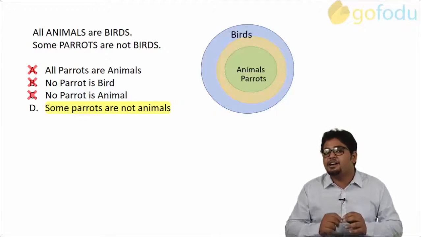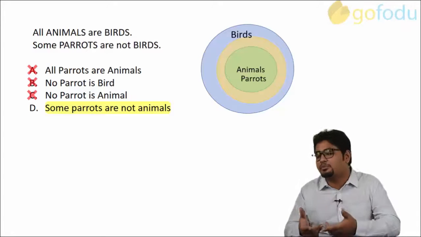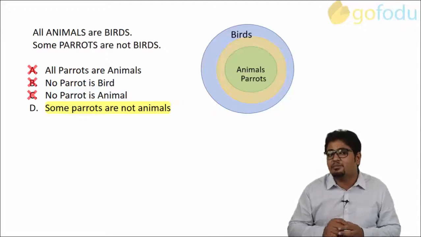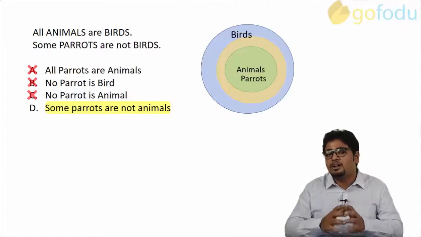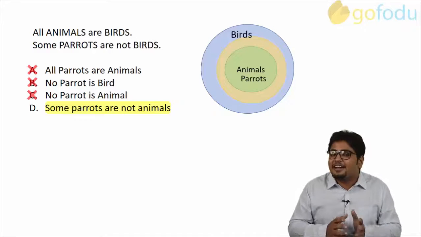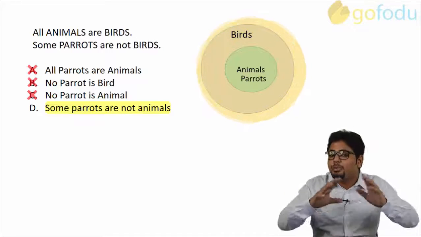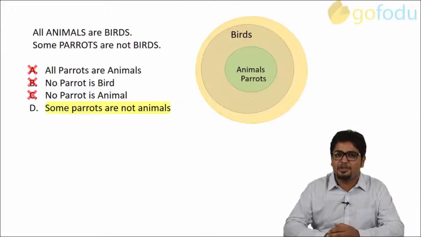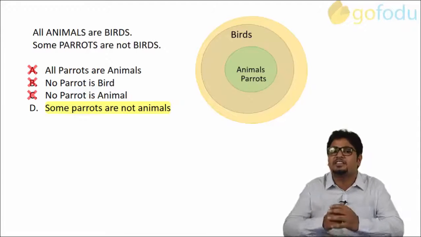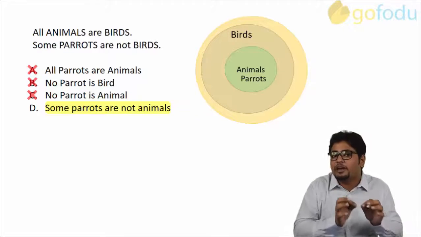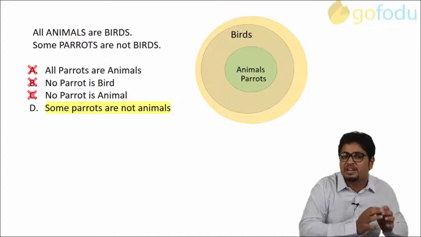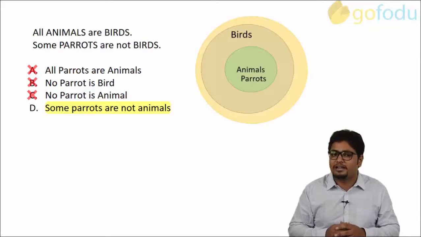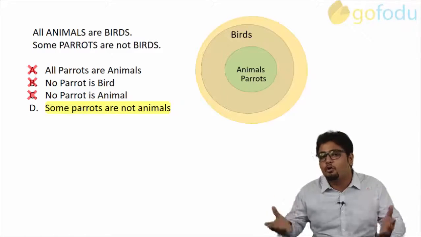Not really. Here we are violating the condition given in the second premise, that is, some parrots are not birds. In this diagram, all parrots are birds. So, it's not a valid diagram. The correct diagram will be like this, where both birds and animals are inscribed in the bigger circle representing parrots. We just need to take care of the premises given to us. Any diagram violating any of the conditions in the given premises cannot be assumed as a valid case. But here no condition is violated and here also this conclusion holds true.